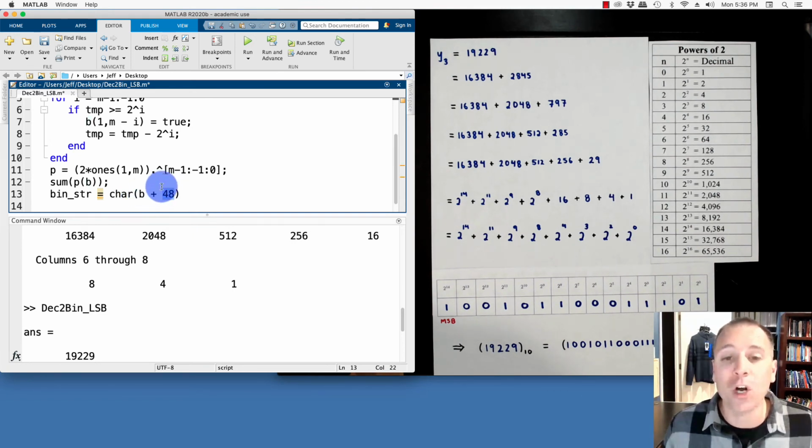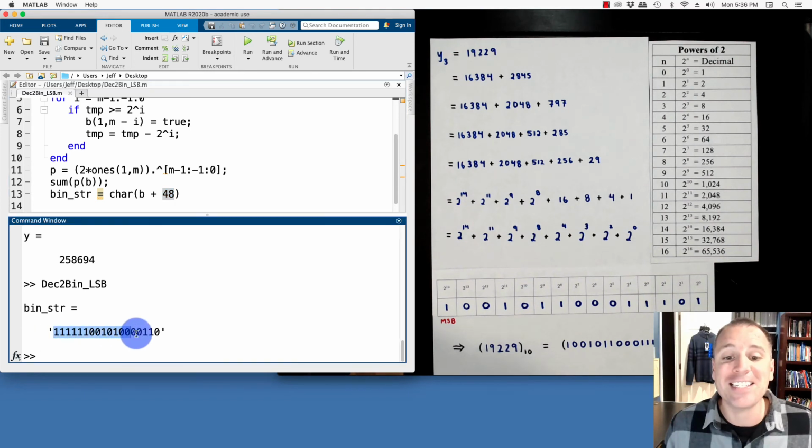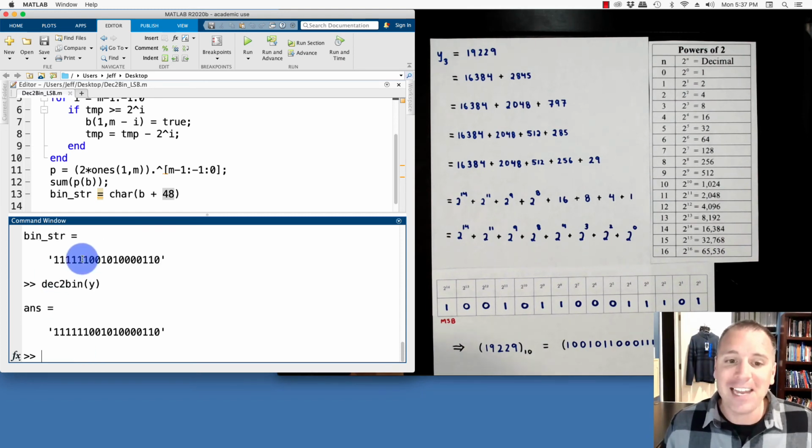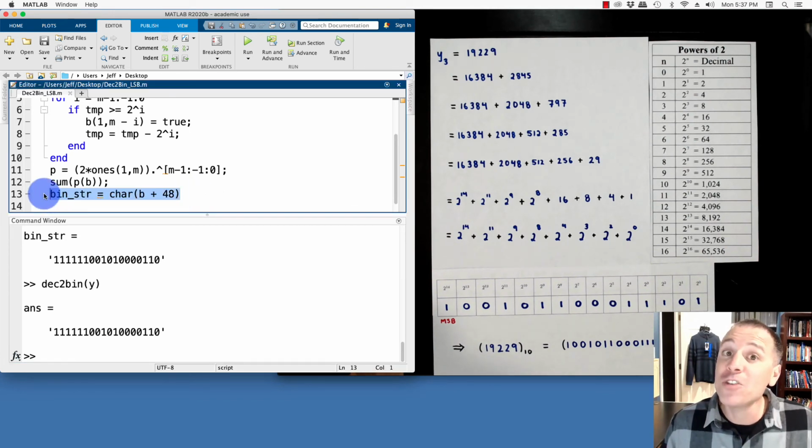So the zeros will go to the code 48, the ones will go to code 49, and it just so happens that this is the exact representation as a character string of the corresponding binary representation that I want. In other words, if I were to take dec2bin of my number y, I claim these two are the same, and this gives me a mechanism using my own code to represent some of the functionality that MATLAB's dec2bin function does, just in a different way.